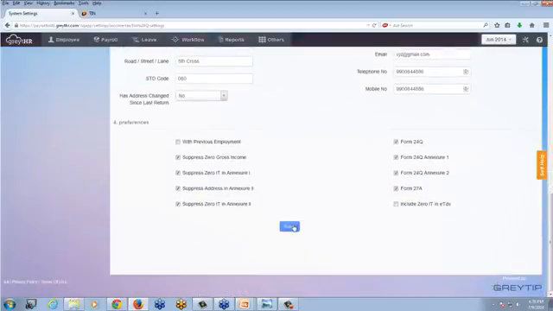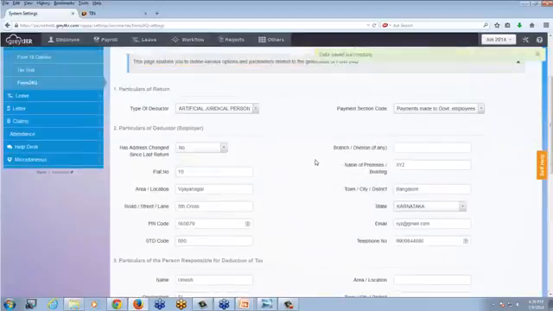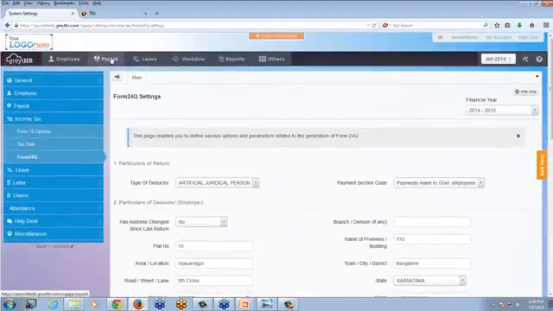After updating all the details, you are requested to save the data. These are one-time details that you'll be keying in. Once you save this data, we request you to click on Payroll.